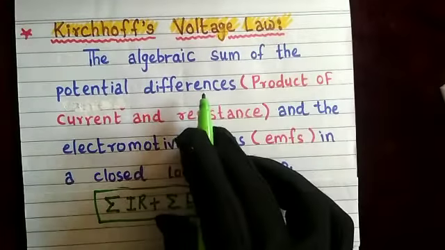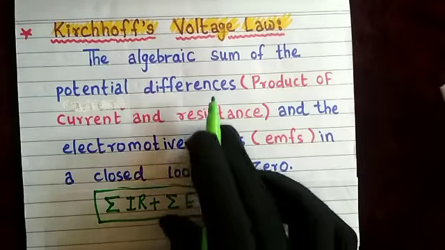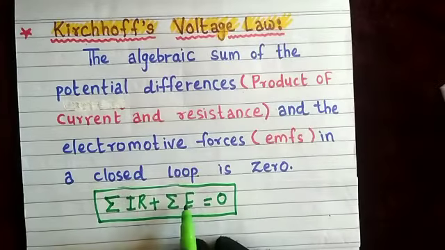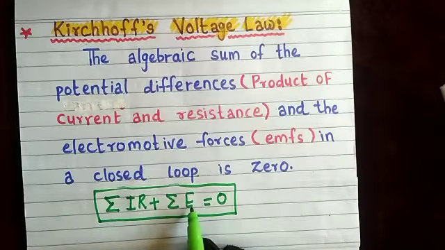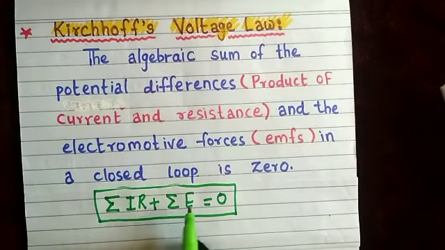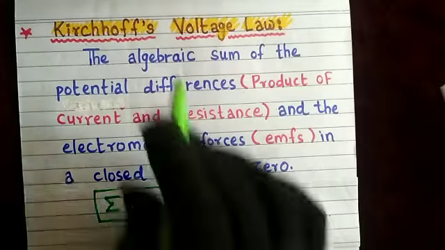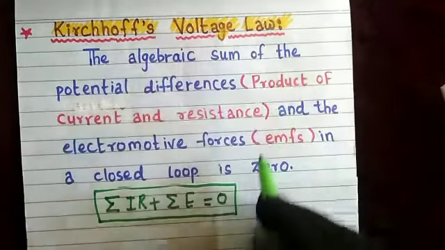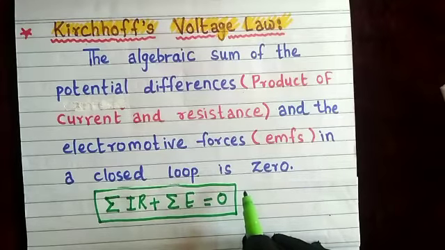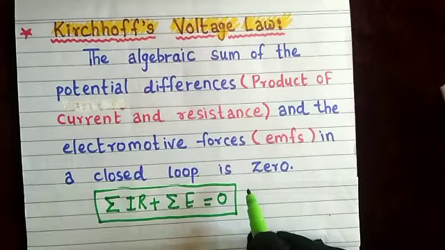Now, potential difference and electromotive force, both these terms we have already studied in standard 11. Both are actually energies, one is energy supplied and the second is energy spent, and the SI unit for the same is volts. That's why Kirchhoff's second law is called Kirchhoff's voltage law. Similarly to Kirchhoff's first law, in which we had a sign convention, in the second law also there will be a sign convention.